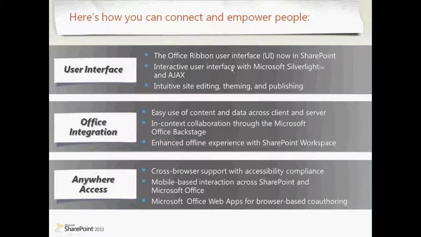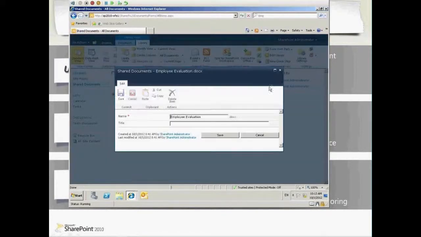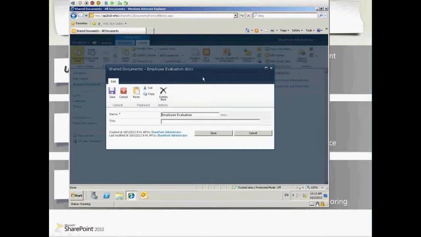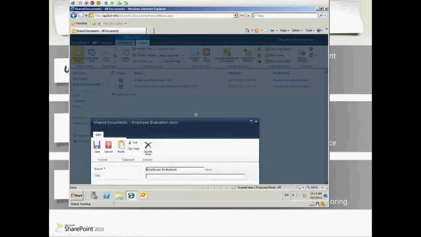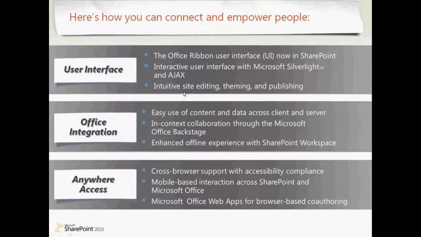The user interface has been updated and uses Silverlight and Ajax, which means that if I do something that requires input, let's do an edit properties here, I will get what's called a pop-over screen. So the original screen is sitting behind, and I can sort of reference it if I need to. What was it I was doing? And it's asynchronous, which means that the page doesn't need to refresh if I make a change to the document, for example. And it has intuitive site editing, theming, and publishing, which means that I can do things now